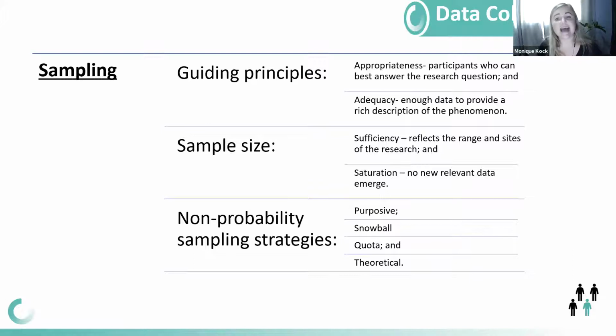We also look at, for instance, adequacy. Is there enough data to provide a rich description of this phenomenon? I cannot really tell you that with regards to qualitative, you need to have 10 interviews, you need to have 20 interviews. We cannot say that. It's all based on your research aim. It's all based on your research question. I can tell you that, based on Creswell, it's mentioned to always have more than 6. But if you think about it, does having 6 really represent the idea that you are trying to get across?